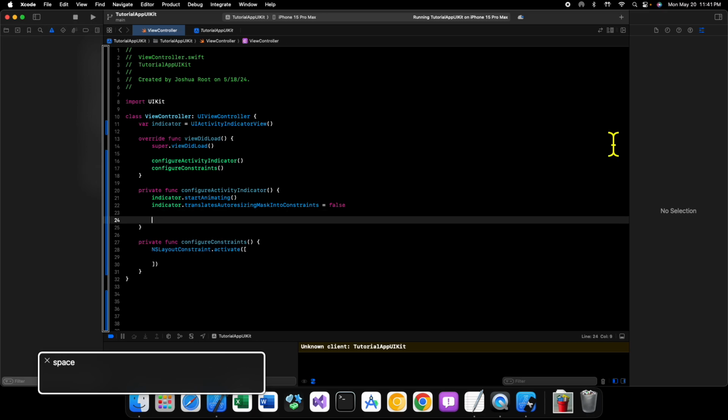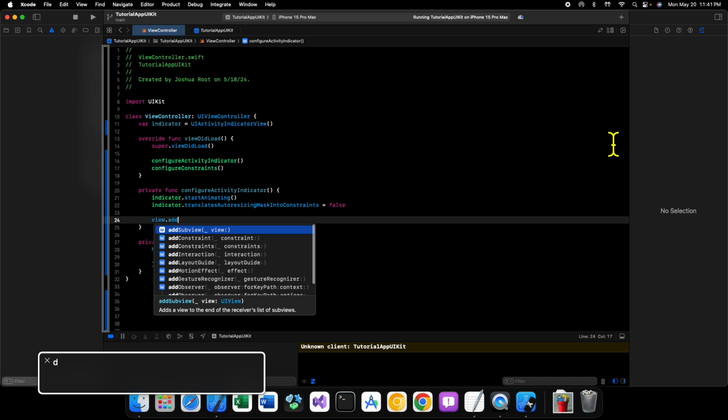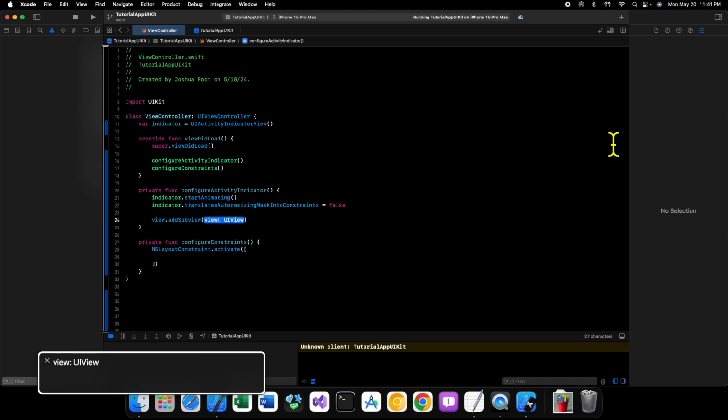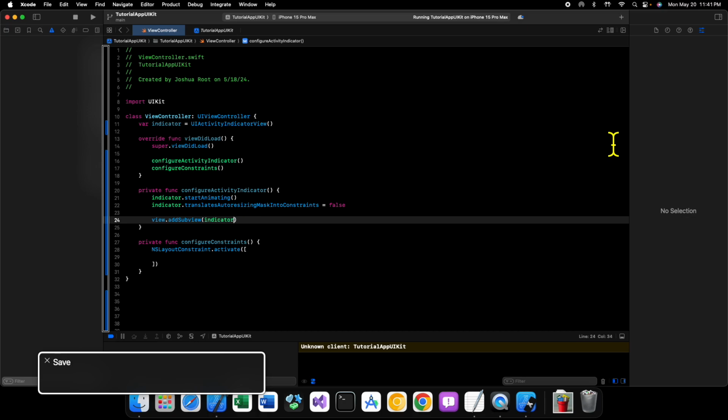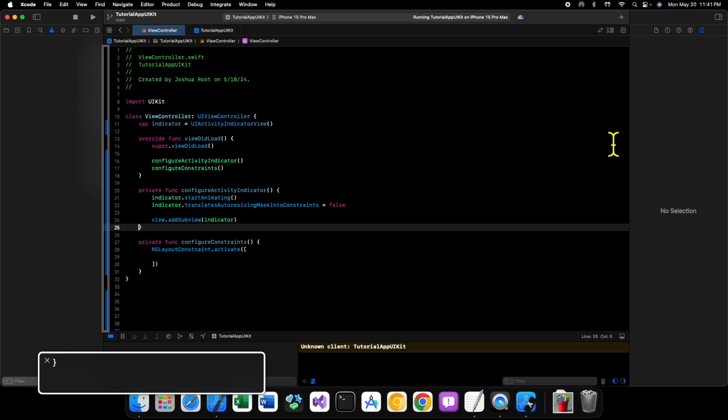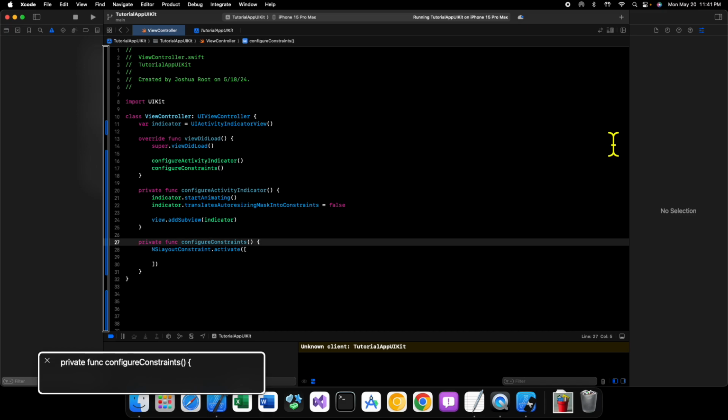And then we're going to add it to the view as a subview. view.addSubview(indicator), like so. And so that's pretty much our indicator configured. If we go down to our constraints,